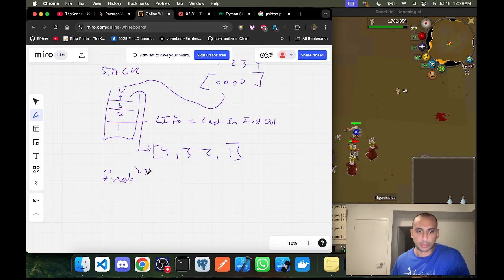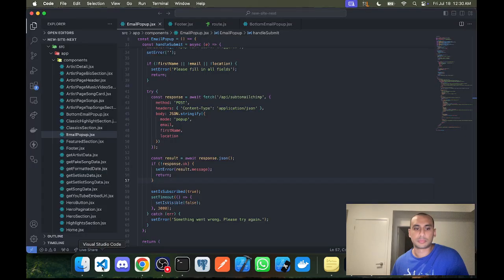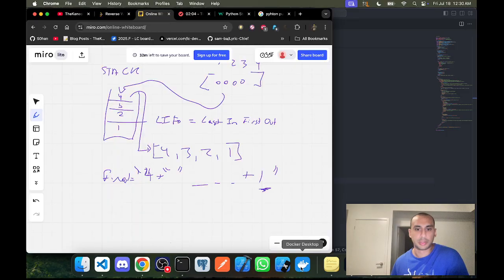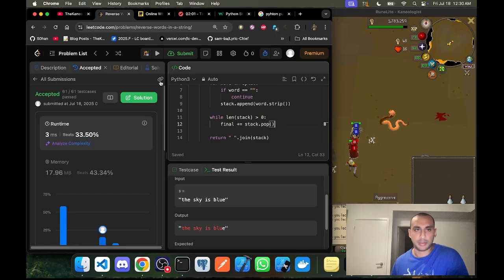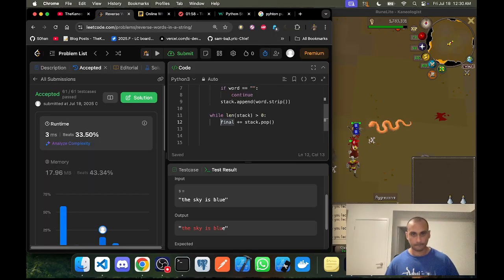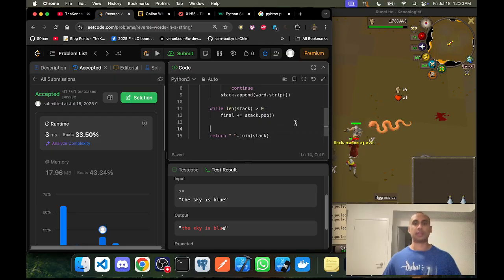So I'm going to pop off 4 and then add a space. And then 3, 2, 1, until we get to 1. And then I don't want to add a space on 1. So basically, if len, I'm just doing all this abstraction so you guys can also understand how to use a data structure if you guys are asked. So if len equals